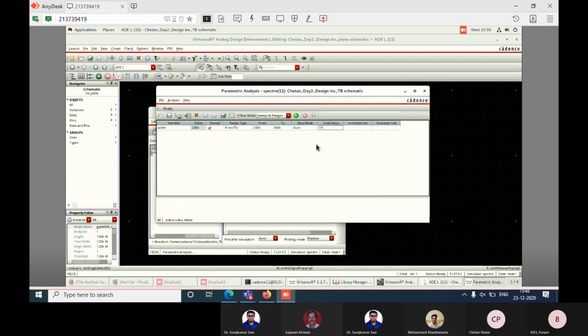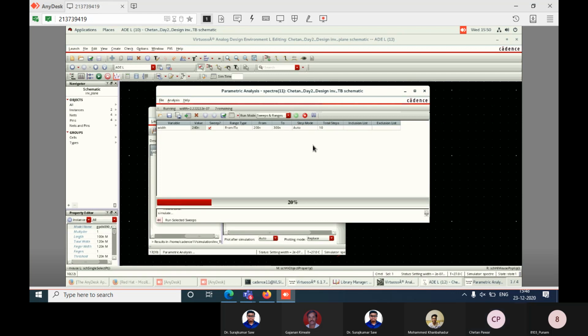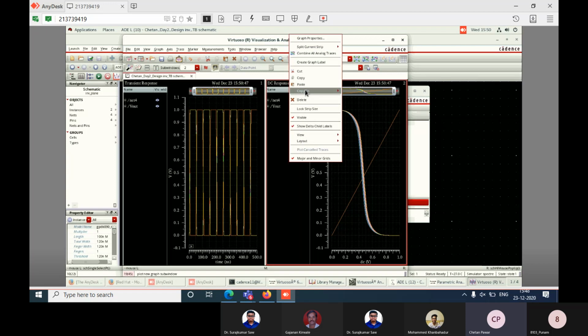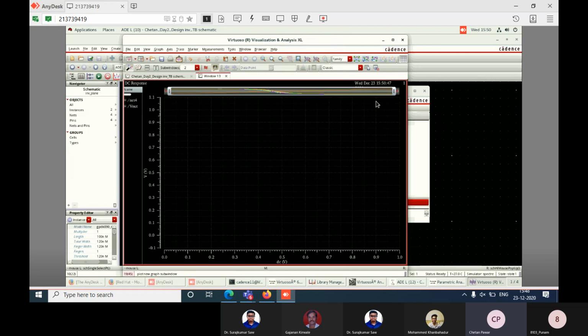Now for this combination, you run the sweeps. And now you see your graph, that VTC characteristics.